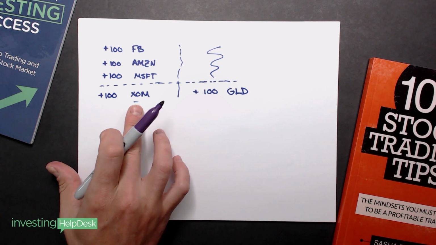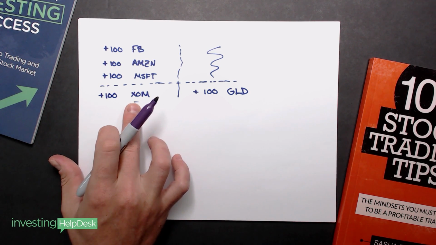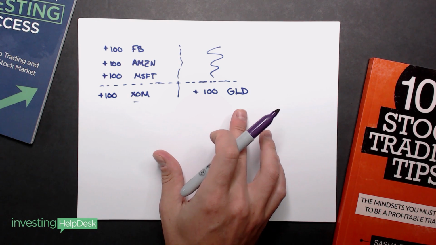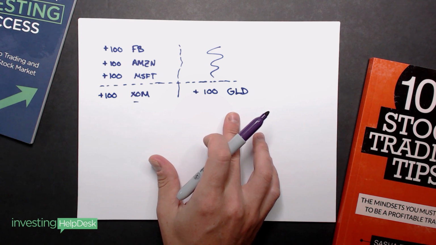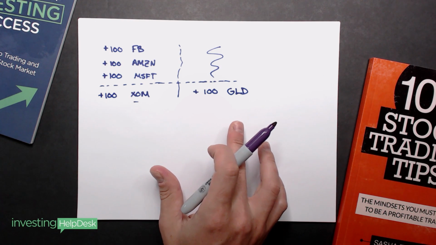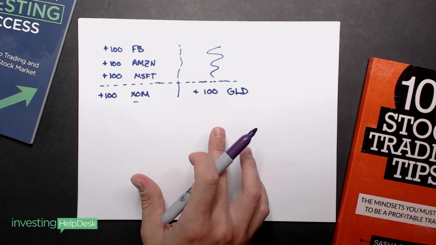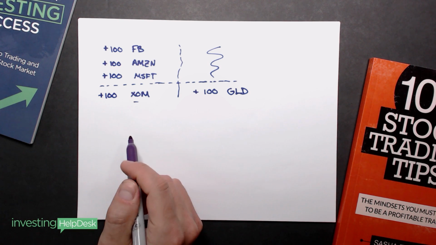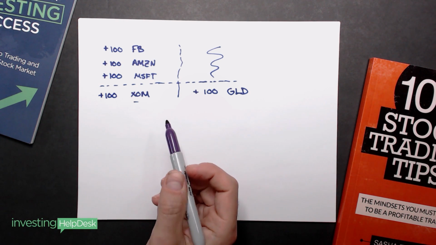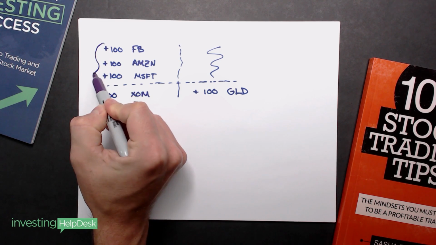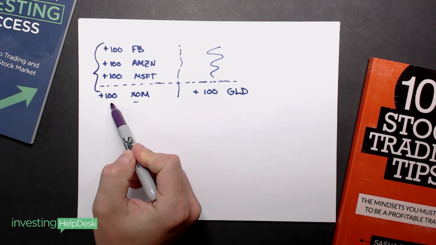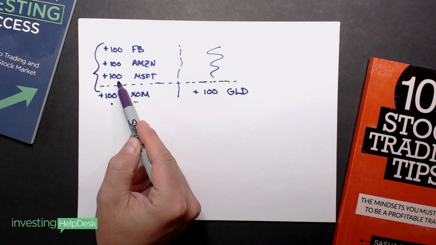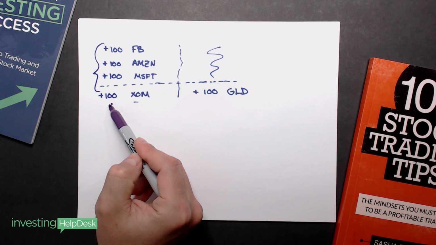So now I'm looking at one side is more of a sector hedge. This side is more of doing something that's a little bit inverse to the way the market moves. And of course, you could do an ETF or a bearish ETF or something else. So now that you have these two concepts down, you could also look at hedging a lot more. So for example, you could see that right here in this hedge, we only have 100 shares hedged to cover the 300 shares that we own. Okay, so right now this is a minimal hedge.